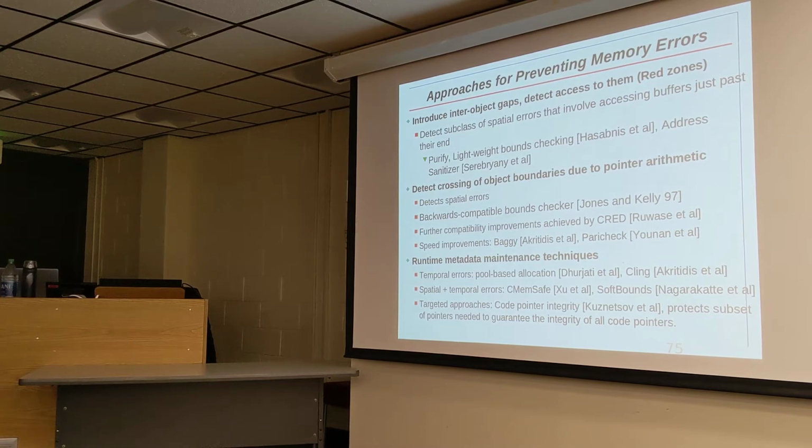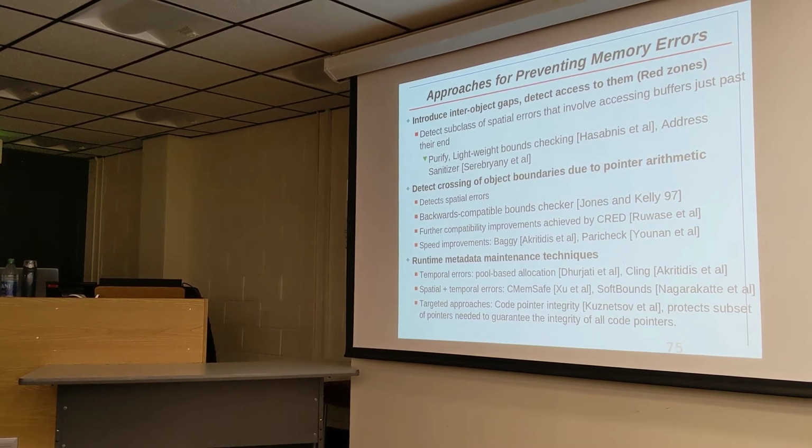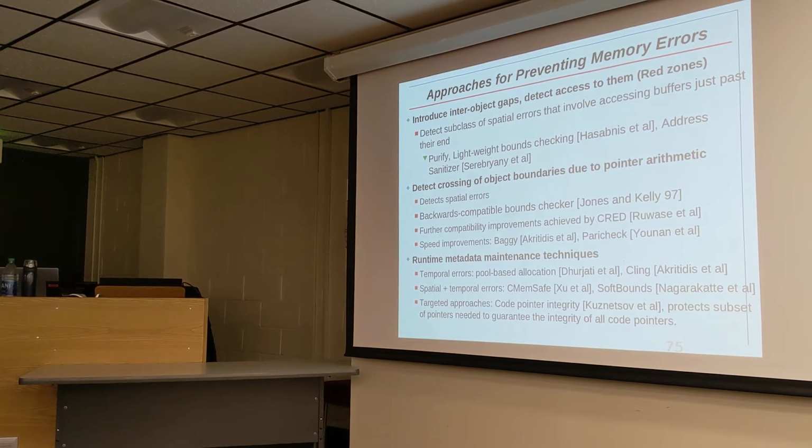And so whenever a pointer arithmetic is done, it checks whether the bounds of the resulting pointer and the bounds of the original pointer are the same, right? Are they pointing to the same object, or are you starting with one object and then you perform some arithmetic, you end up going to something that's outside the bounds of the original object,